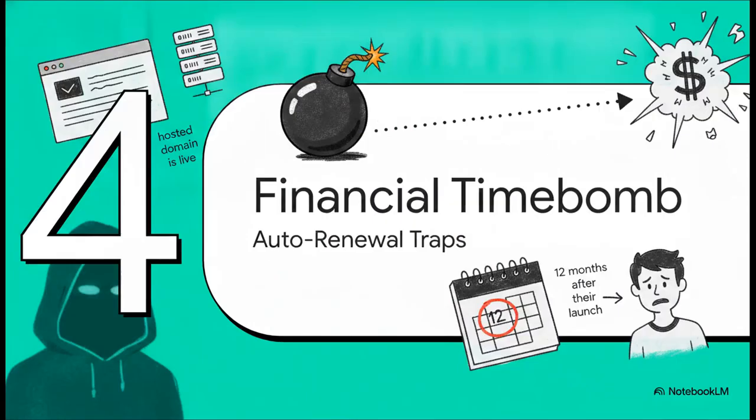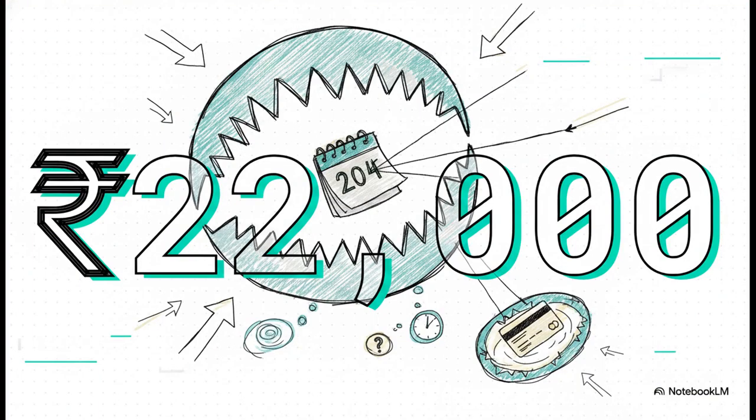Which perfectly tees up Section 4, the financial time bomb. So, you're hosted, the domain is live, you think you're safe, right? Well, there's a silent threat just waiting in the shadows. 22,000 rupees. That is the shocking auto-renewal spike programmed to hit developers exactly 12 months after their launch. You might only be paying